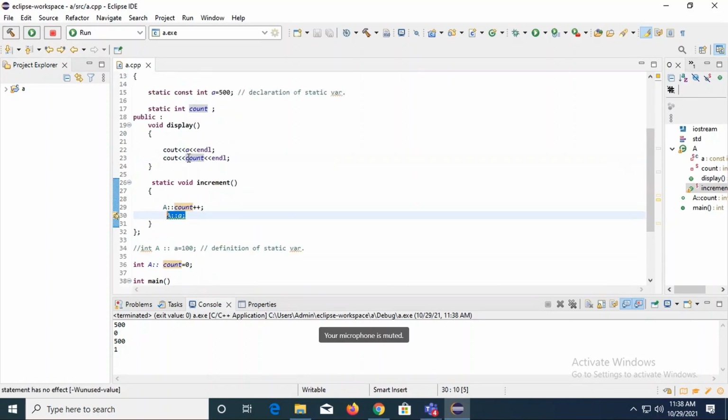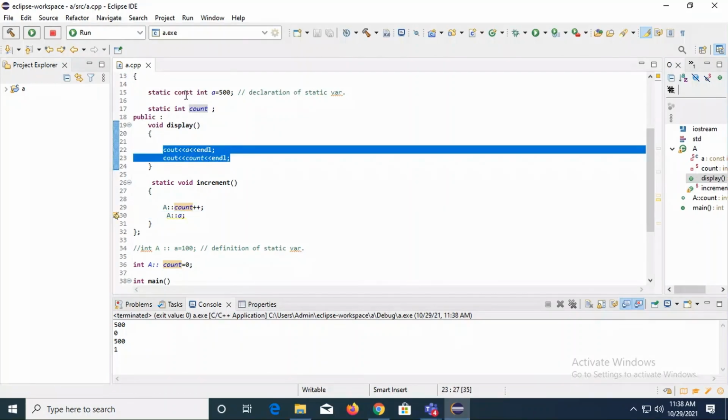And then A का value, whatever the value of A was, मैंने उसका value increment नहीं किया because it is a constant one. So I cannot modify that value. So when I tried to again display it, it is showing me the incremented value of count because it is a simple static variable, and the same value for A because it is the constant variable. I will share this with you. Fine, you will get it. A simple trial for your static and static constant variable.